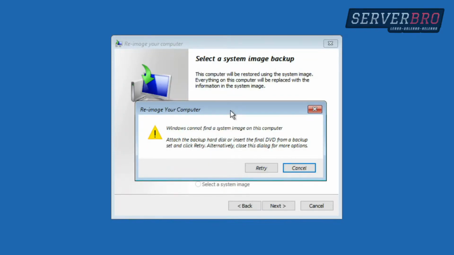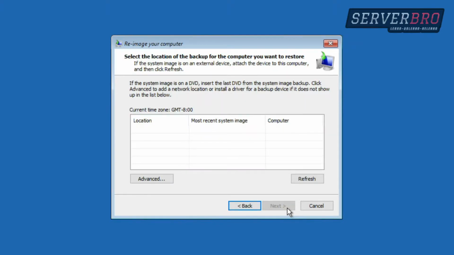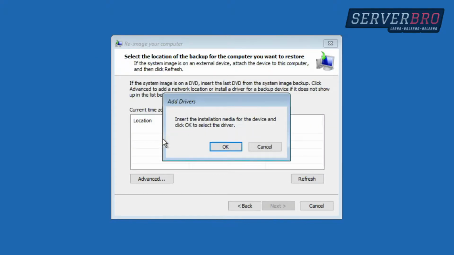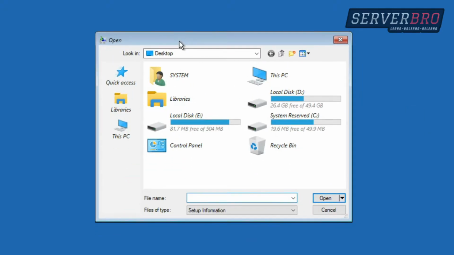and it will take you to this screen. Here it will give you an error that Windows cannot find a system image on this computer. You don't have to do anything with it, just click on Cancel and then click on Next. Here on the left side click on Advanced. Now here click on Install a driver, then click on OK, and it will open up an Explorer window for